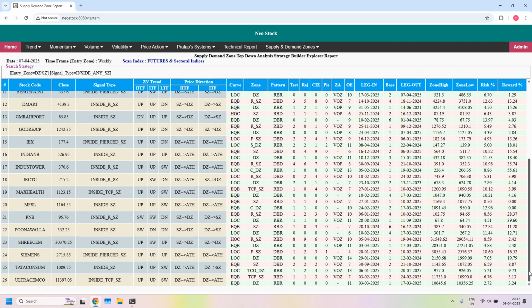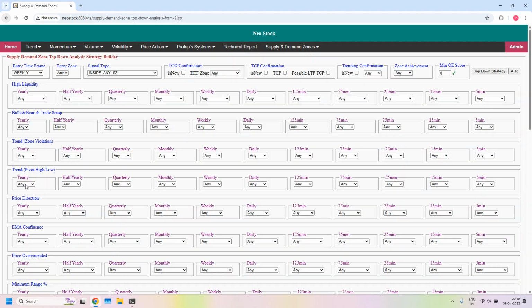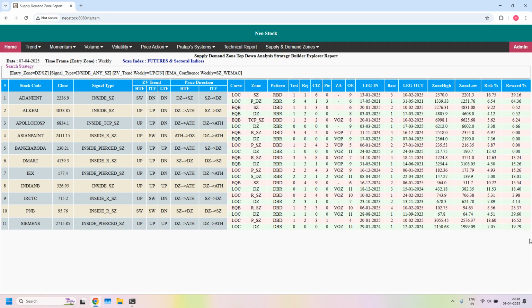Out of these 26, how many are having again EMA confluence? Weekly supply zone with weekly EMA confluence. Let us set that filter. And also trend on the weekly should not be sideways. Can be up or down. With these filters, we got 11 stocks. So this is about